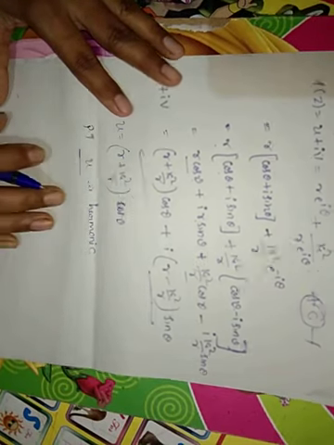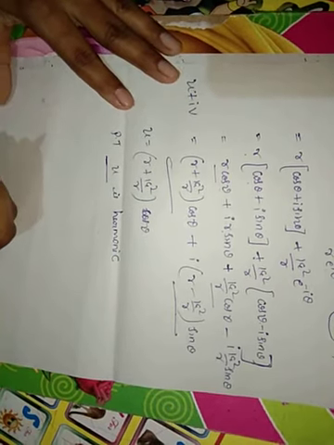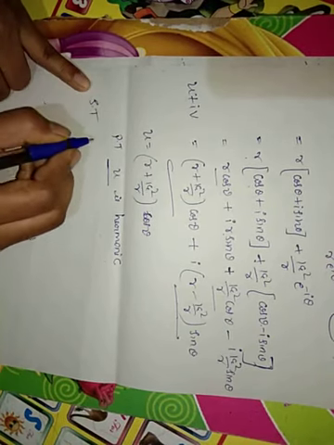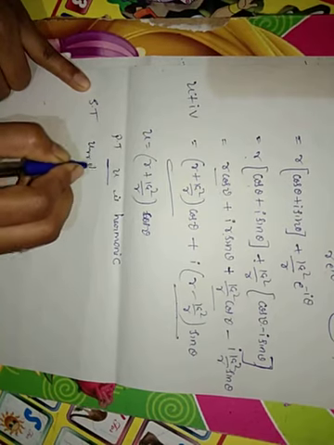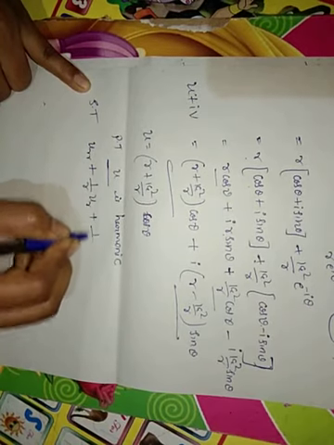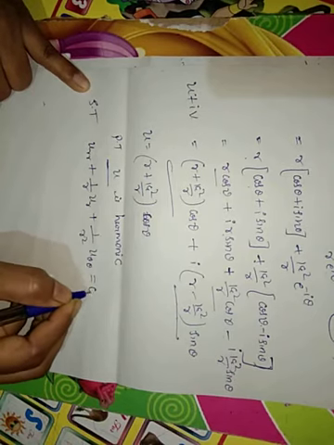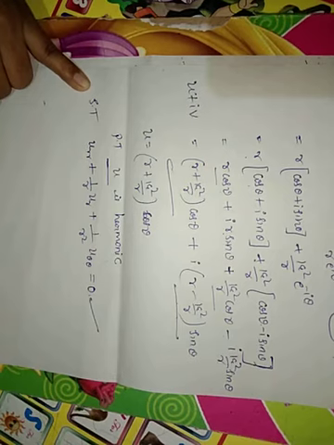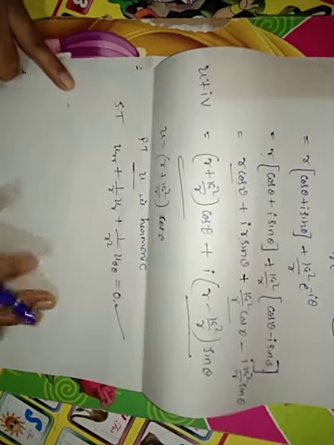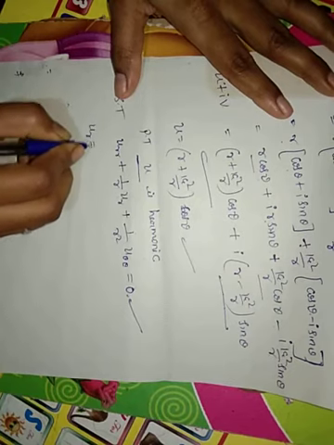Prove that u is harmonic means we have to come to the condition of the harmonic, that we have a theorem, the harmonic property. Using that, we have to show that u double r, the second derivative of u with respect to r, plus 1 by r into ur plus 1 by r square into the second derivative of u with respect to theta should be 0. Now we have to prove this. To prove this, take the LHS, find all these values, substitute, and prove that it is equal to 0.